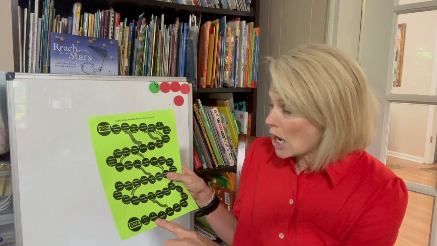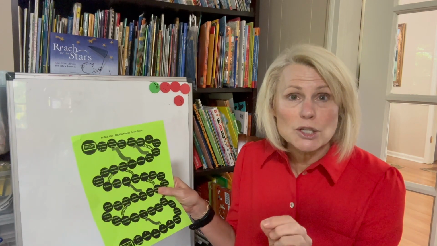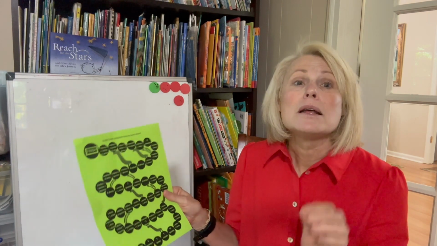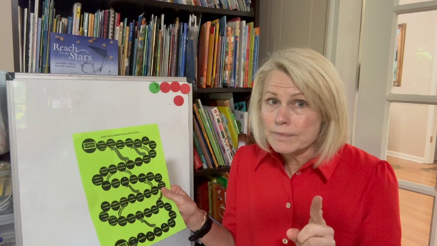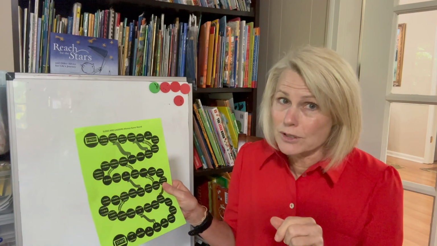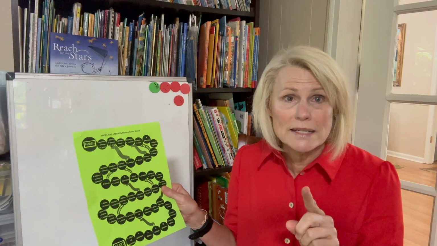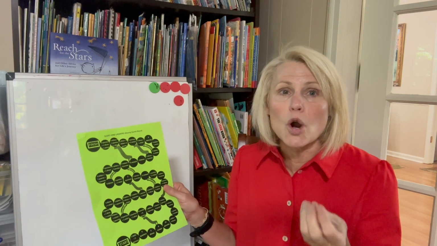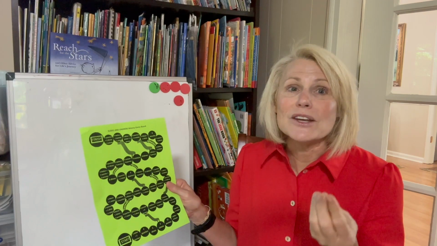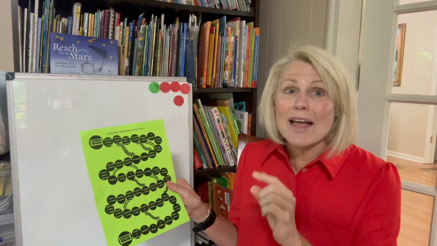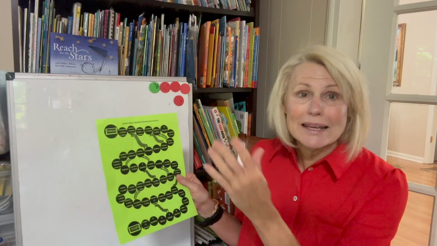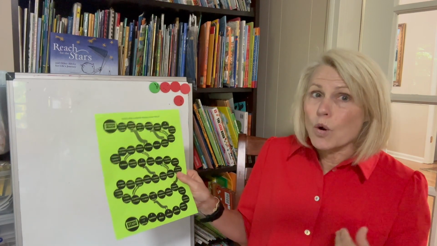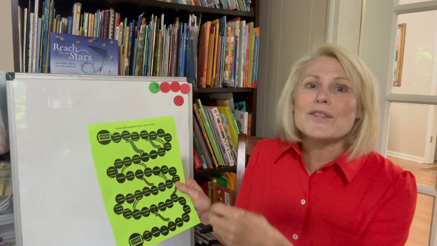Now, if he doesn't know, then what we need to do is back up, okay? We first have to teach them the identification of coins. I know we don't use them much these days, but the identification of coins. Next, we need to teach them their value. How much are they worth? And then finally, we need to teach them to add those together as you're playing this game. So you can play the game and then scaffold or back up and give your child what they need as